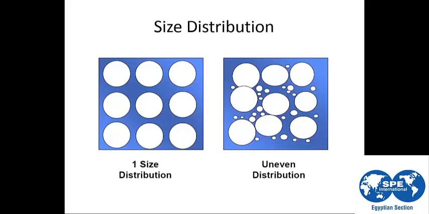If we have one size distribution, the pore spaces between the particles will be bigger than if we have an even distribution like this situation. So when you have well sorted proppant, you will have a better conductivity. Because of this, we are using